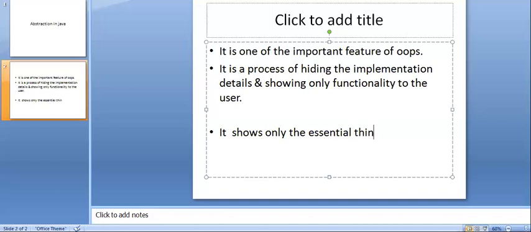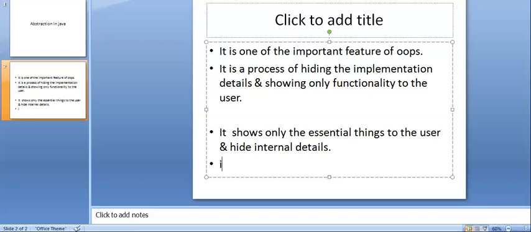It shows only the essential things to the user and hides the internal details. That is nothing but abstraction.